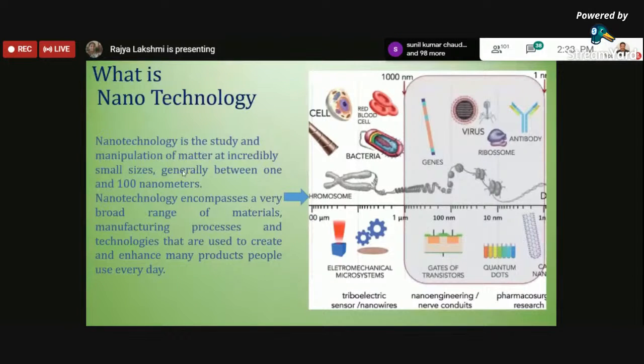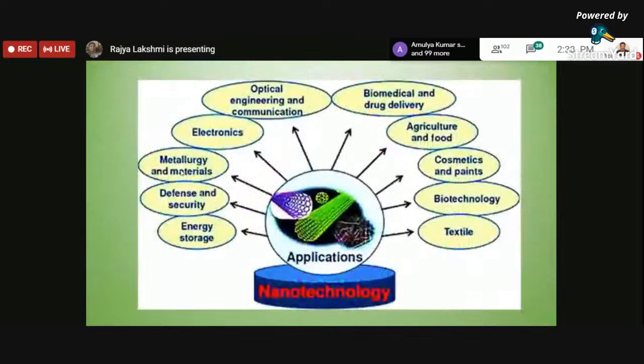Please don't misunderstand that the term technology is only for the engineering field. It is related even to non-engineering departments also. This nanotechnology is influenced even by non-engineering departments, especially the medical sector. So nanotechnology is influencing each and every part of our life, both professionally and personally. So what are the applications, what are the areas where you can find nanotechnology? It will be